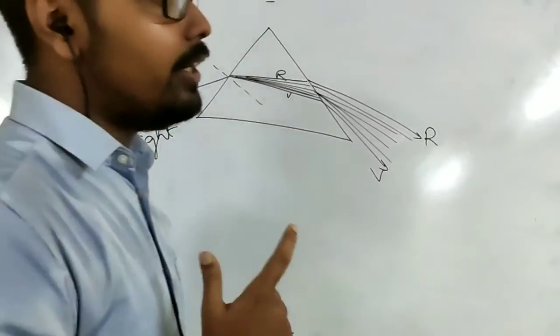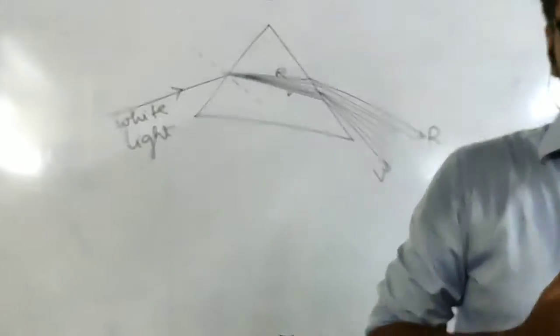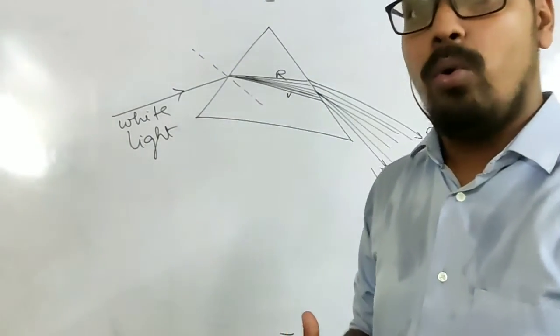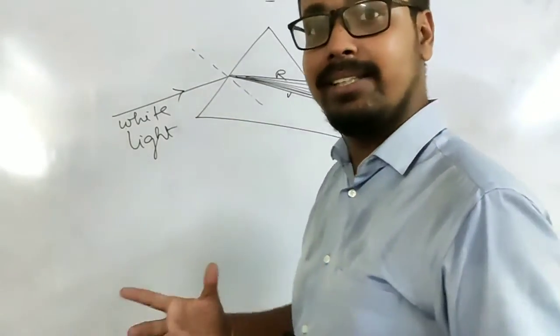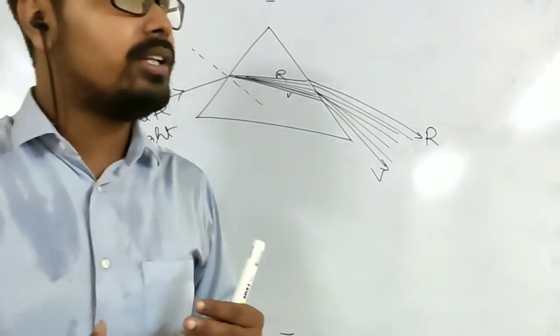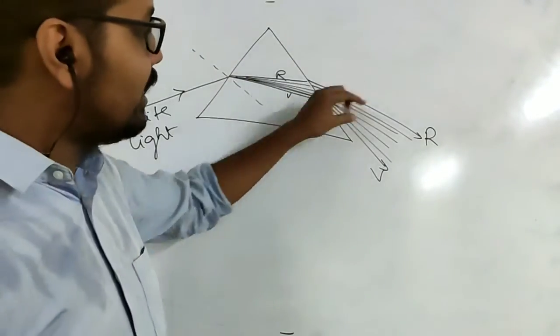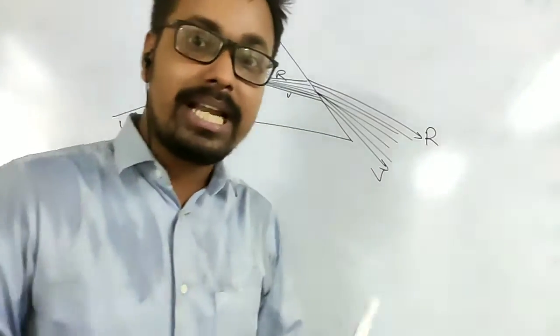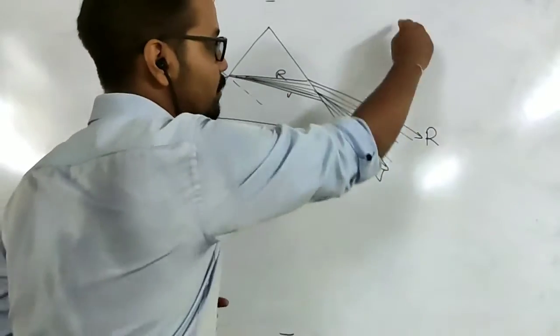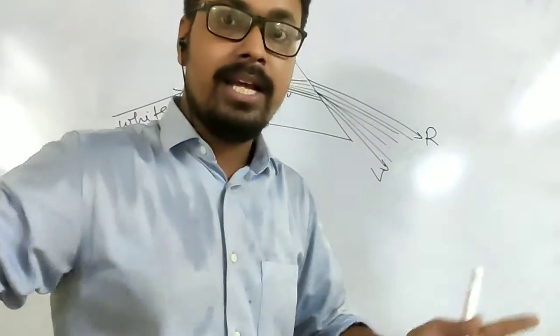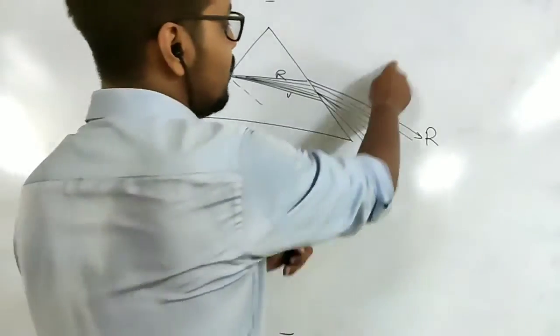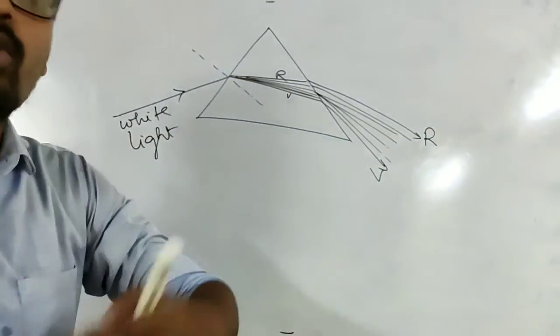Now, what Newton did, Newton was trying to find out whether only these 7 lights make up the white light, whether there is any other light. He thought that only one prism is splitting the white light into 7 different colors. Let me try with another prism. Let me place another prism here and see whether these 7 lights scatter even more. What he did, he placed another prism here, tried to see whether there is more scattering of light.